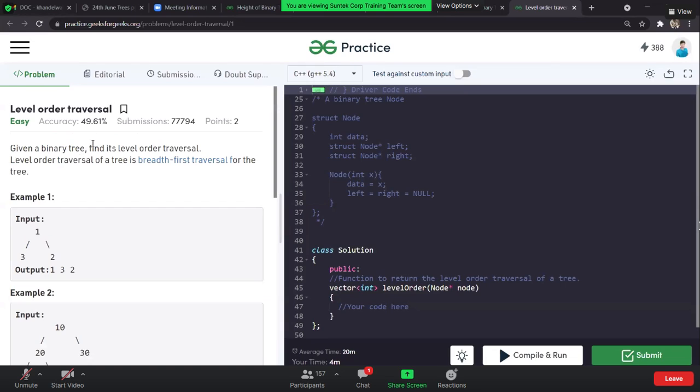So how exactly can we do it? Does anyone have an idea? How can we traverse in this manner so that I get the 1 first? I know there are three traversals: pre-order, post-order, and in-order. They have their own advantages, but I want to traverse my tree in level order. When I say level order, it should start from level 0, then level 1, level 2, level 3, and so on.